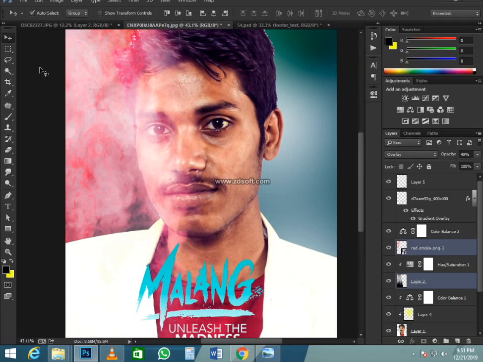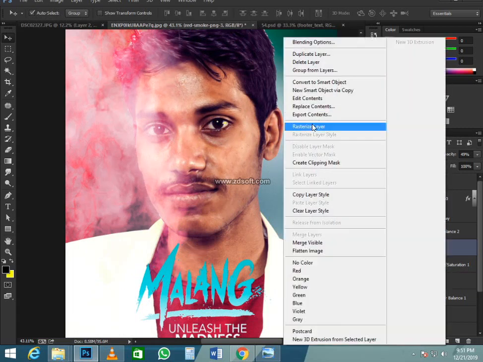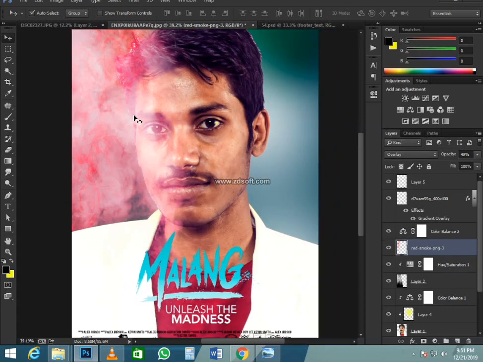Again, Control C to copy and paste that in the Mac. Control 0, Command 0 on the Mac, and scale this one in or so. But I want this one to be in the back, so I'm going to click and drag this one, place